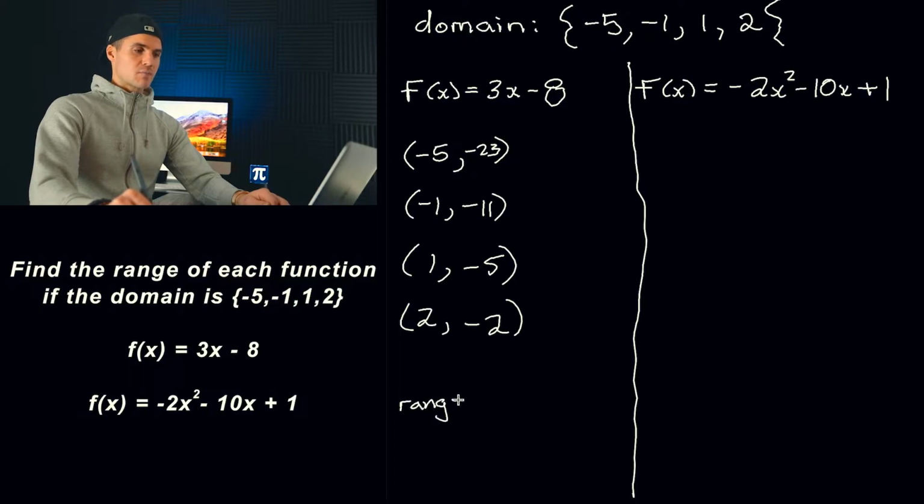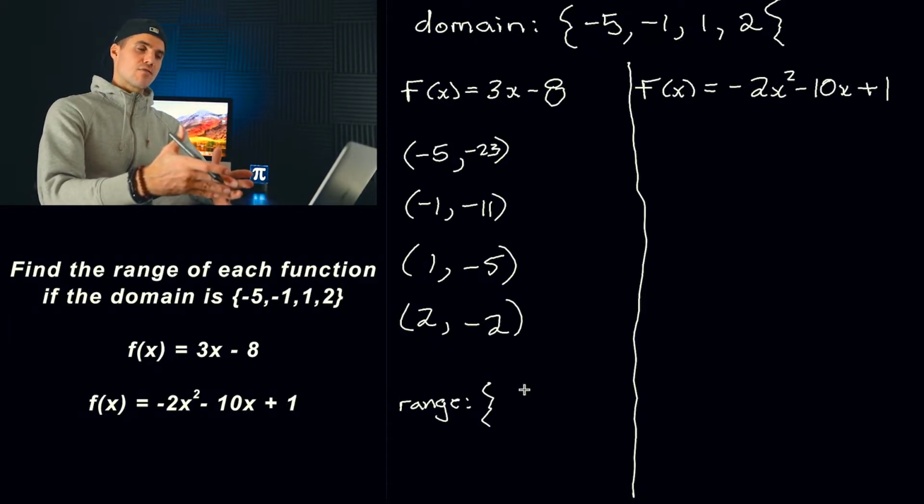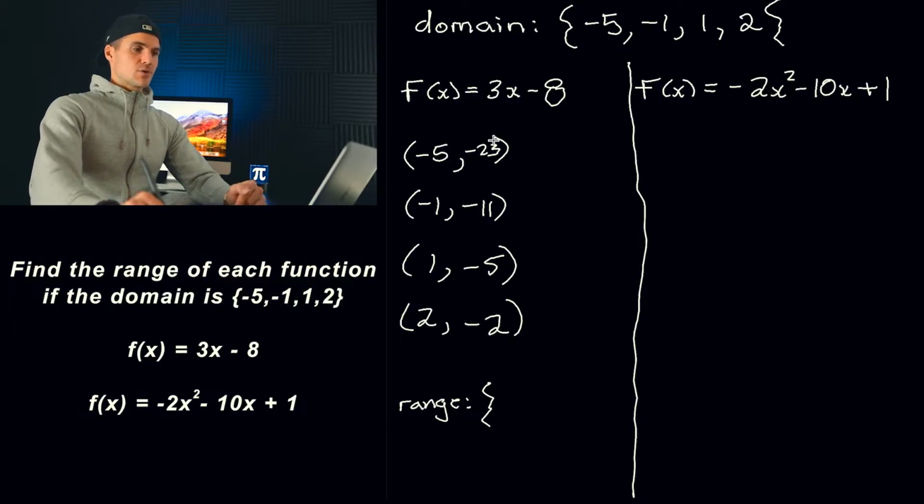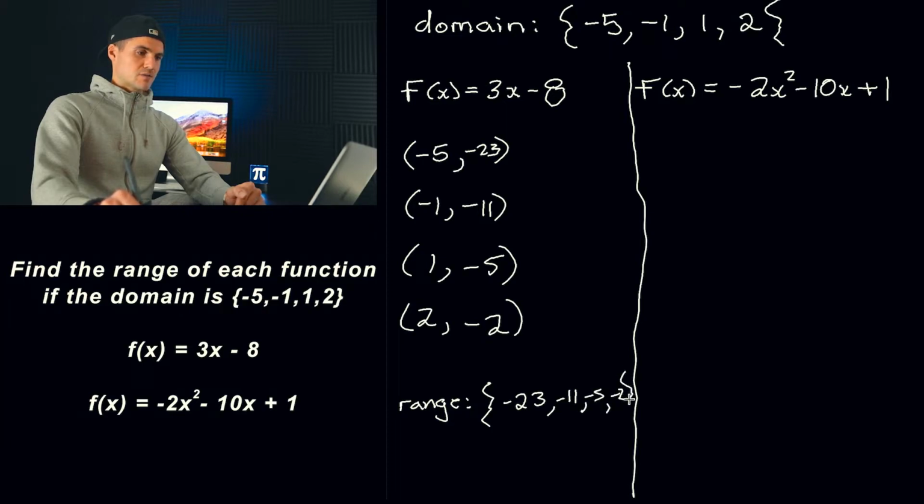represent the range. Now remember, when you're listing just single points like this, you always start from the smallest to the largest, and then any values that repeat, you only write them once. So notice that there's not going to be any that repeat here, and then it's actually organized already from smallest to largest. So we got -23, -11, -5, -2, like that. All right, so that's going to be the corresponding range for this function if the domain is that, if that's